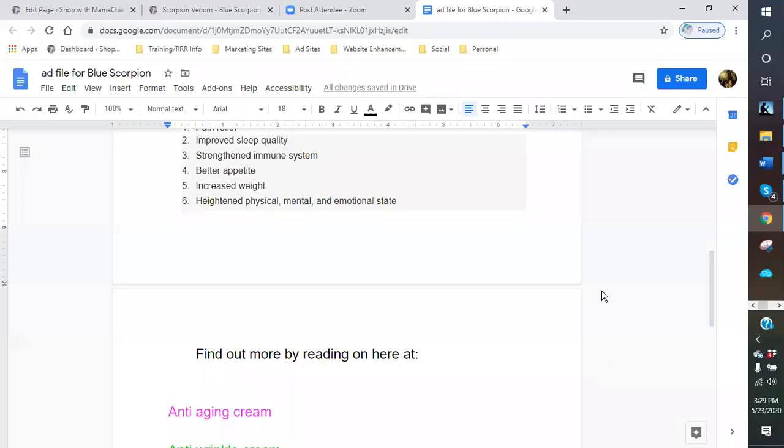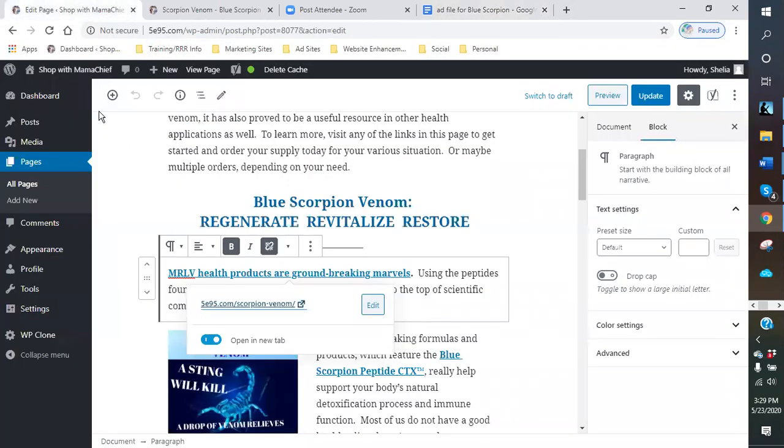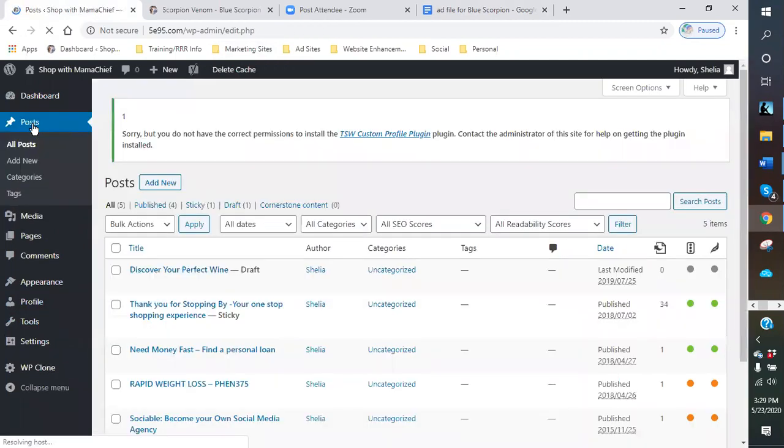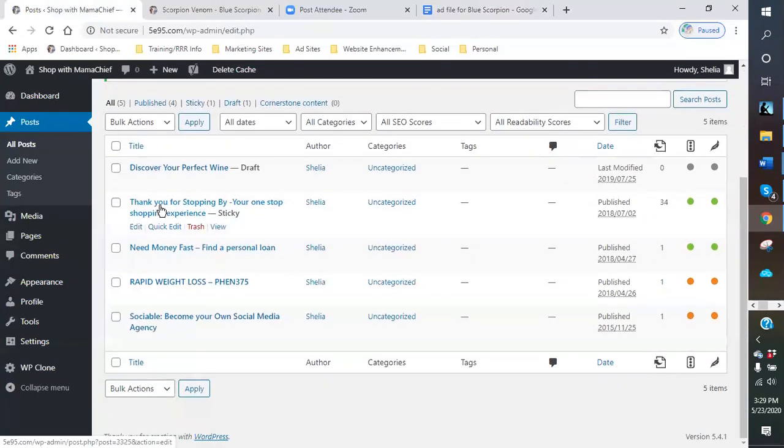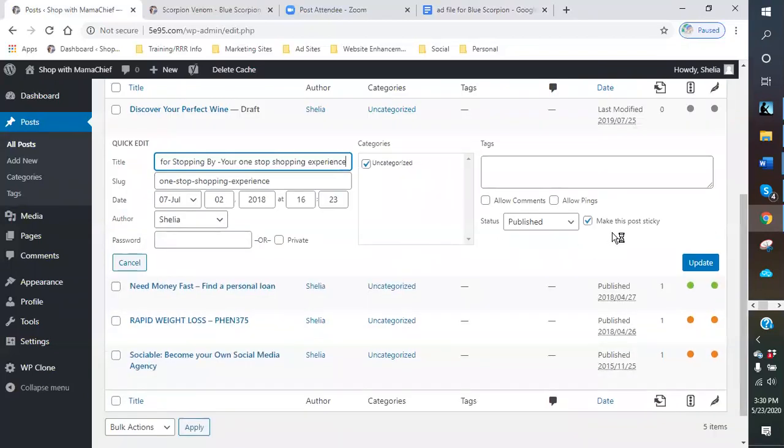I have one more question. Okay. If on a page or a post you set it to sticky, how do you remove that? You should have just the link, and the best way to do that is to go to quick edit. If you go to your pages, even if it's a post, like mine's all posts. If I go to posts, and like this is my sticky, go to quick edit,